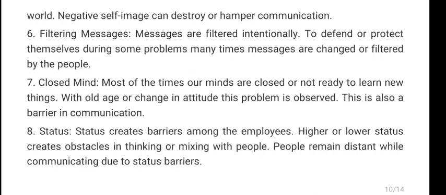Seventh, closed mind. Most of the time our minds are closed or not ready to learn new things. With old age or change in attitude, this problem is observed. This is also a barrier in communication. Next point, status. Status creates barriers among the employees. Higher or lower status creates obstacles in thinking or in mixing with people.